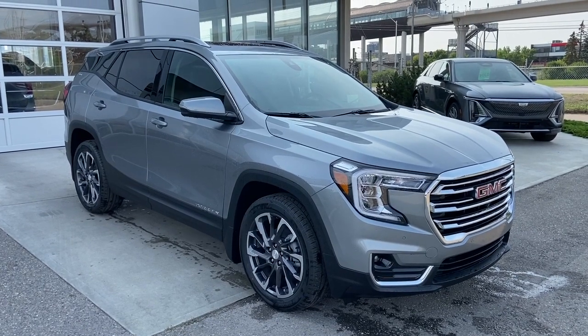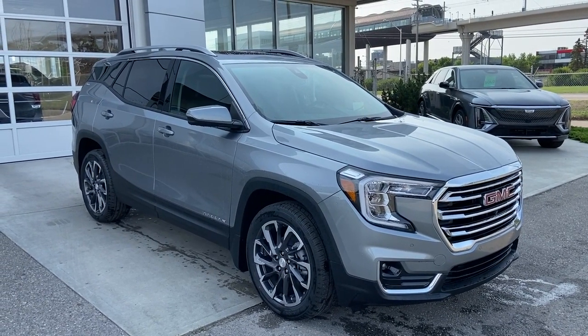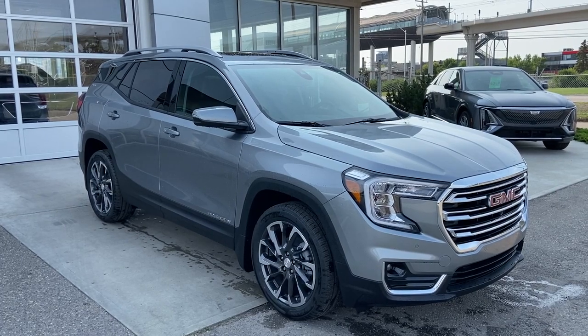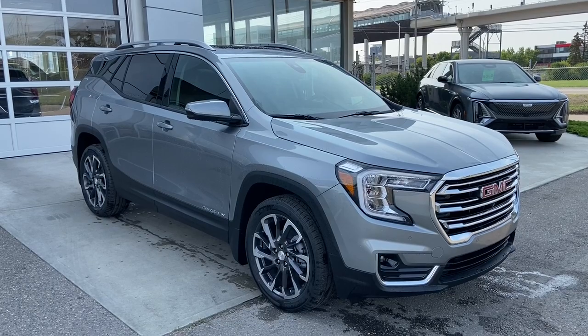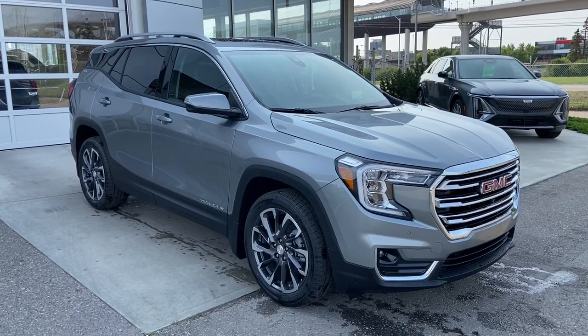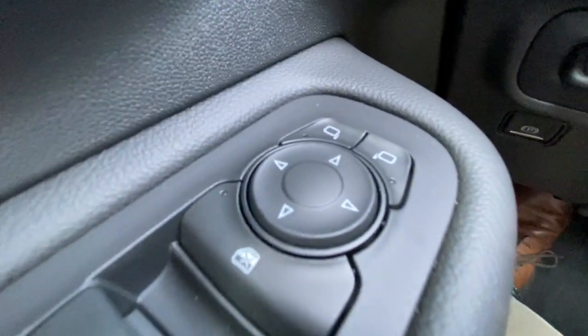Welcome to the 2023 GMC Terrain SLT in sterling gray metallic. This SUV is powered by a 1.5-liter turbocharged 4-cylinder, bolted up to a 9-speed automatic transmission. Taking a look inside the Terrain, starting off on your left-hand side, we have the controls for your power adjustable